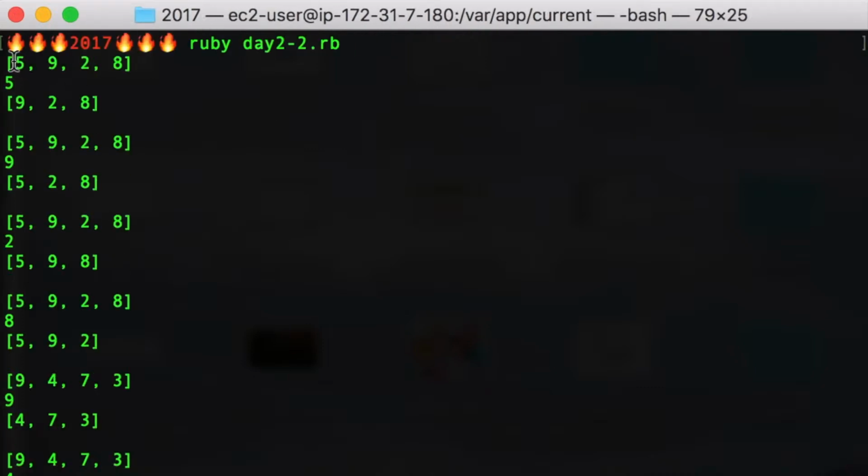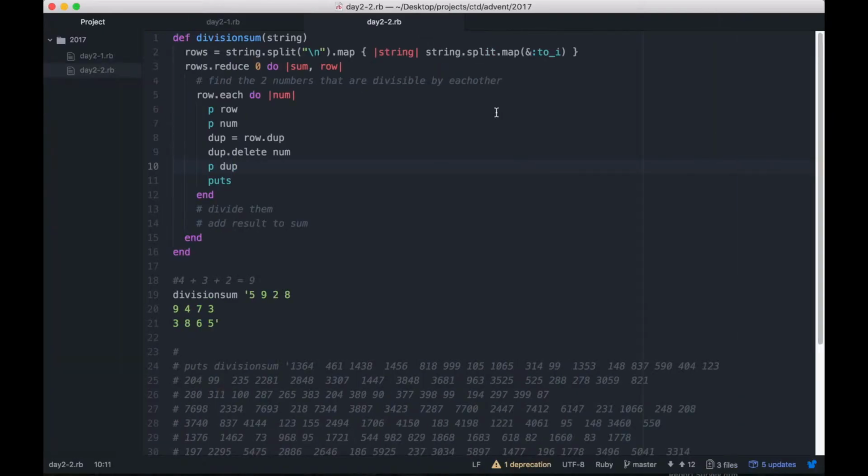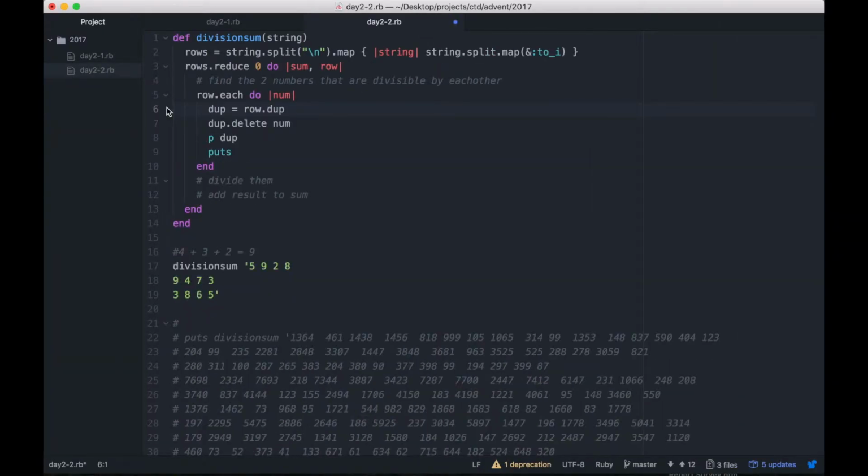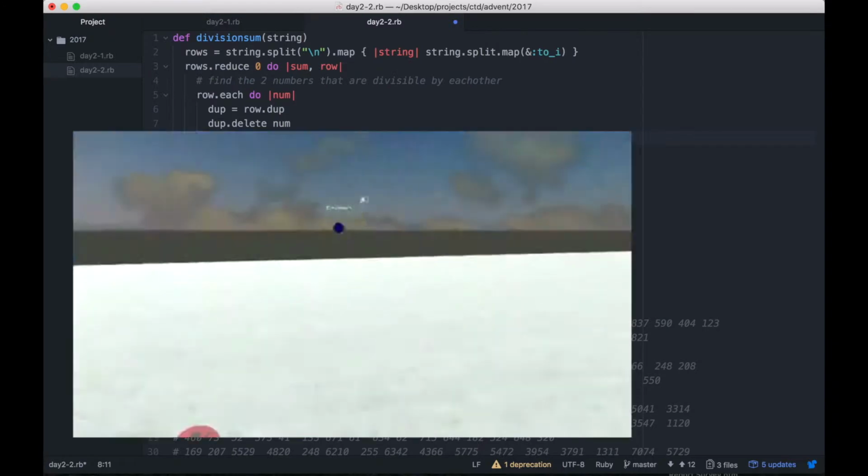So here we see that the original array is 5, 9, 2, 8, and the current number is 5, so that means that 5 should not be in the duplicate array. Then next we have 5, 9, 2, 8, current number is 9, so 9 is not in the duplicate array. 5, 9, 2, 8, current number 2, so 2 is not in the duplicate. That's what I want, because now what I want to do is check if